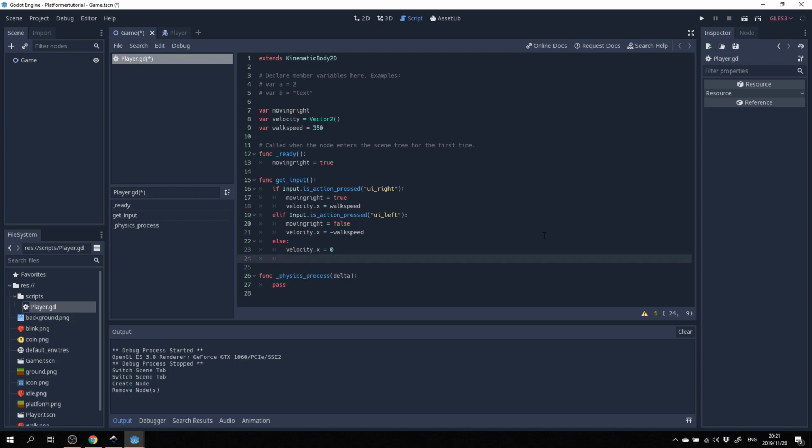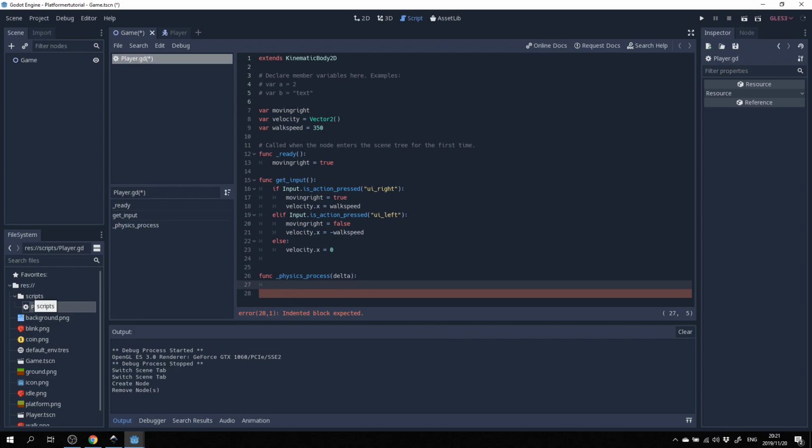Right. Now for our physics process, we want to start applying some movement to our player. It's quite simple. We first get our input so that we can pick up what direction we are moving in. Then we use a method called move and slide.